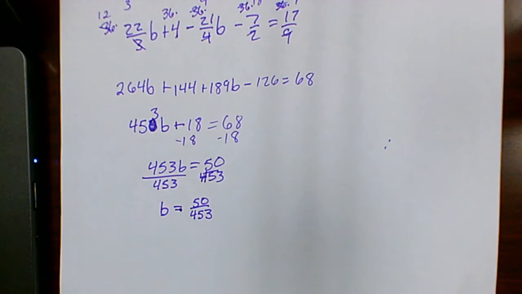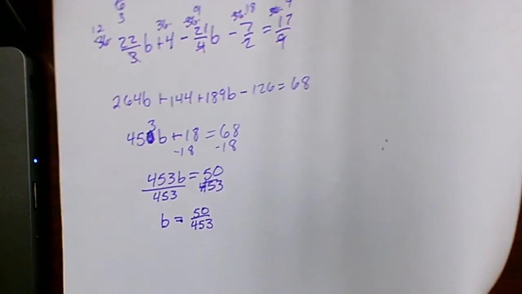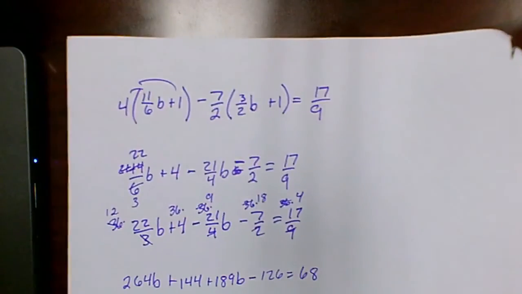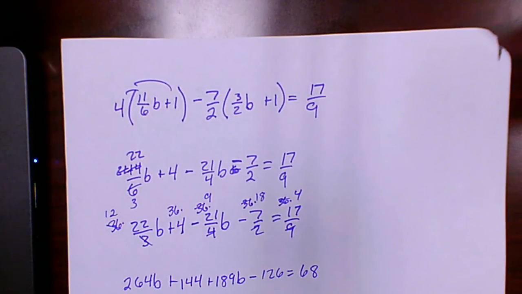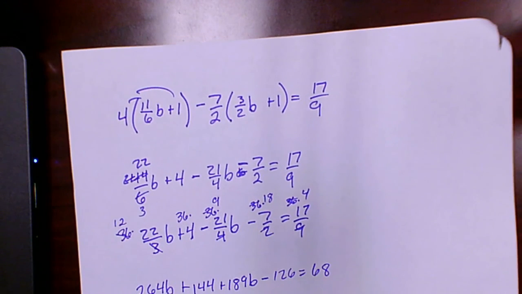Reduce your fractions if needed. Our fraction is actually supposed to reduce, but I'll go ahead and go on. So more or less just find that least common denominator so that all of your fractions cancel out, and then you'll have a linear equation to work